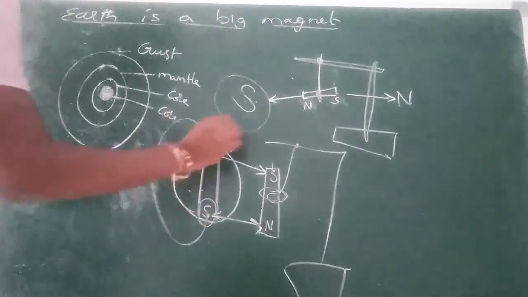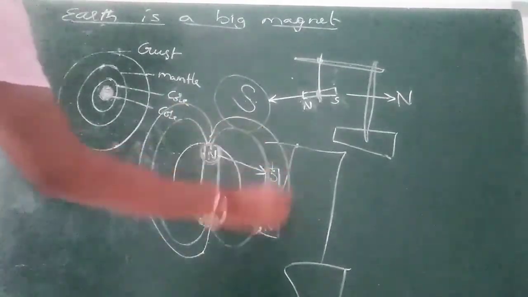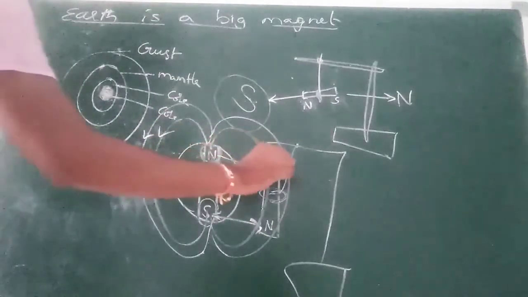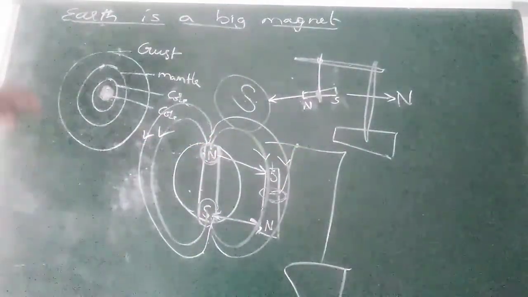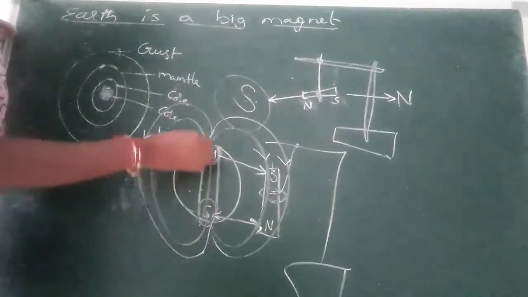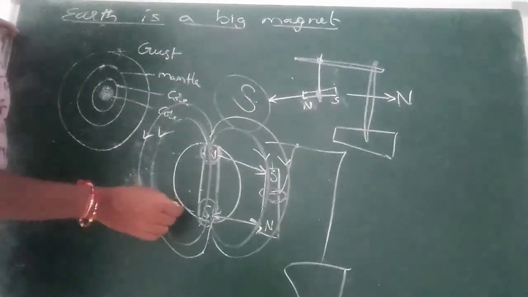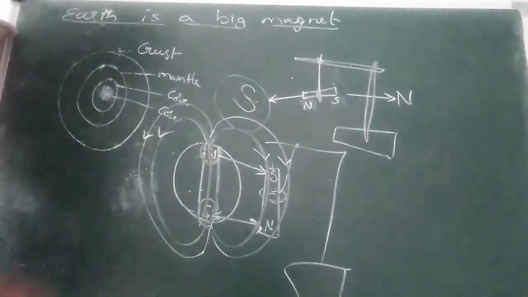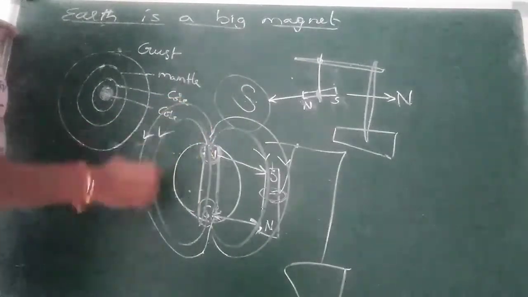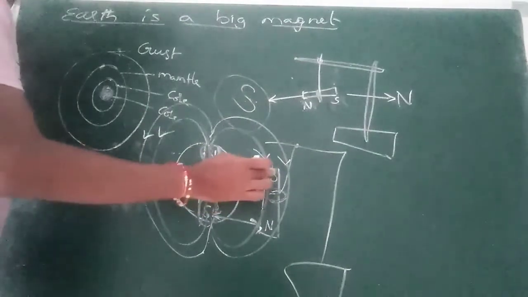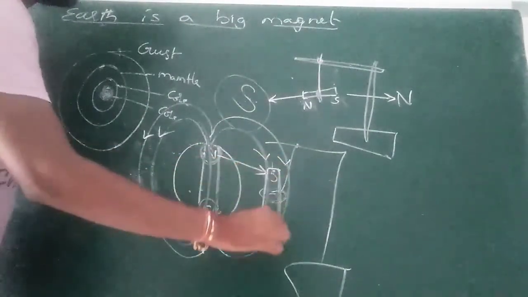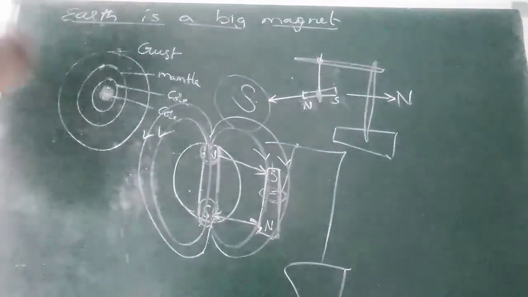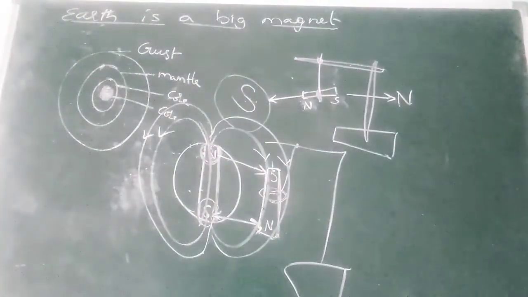So the magnetic lines of force pass like this. As I said, magnetic lines of force form closed loops, and they always travel from north pole to south pole externally and from south pole to north pole internally. These magnetic lines of force act on this bar magnet, so it comes to rest in this way. From this we can conclude that our Earth is a magnetic material. Our Earth is a big magnet.